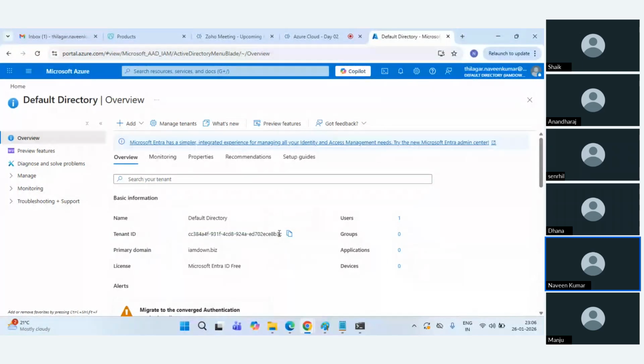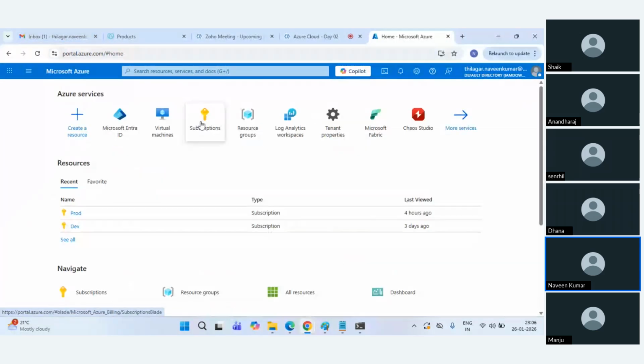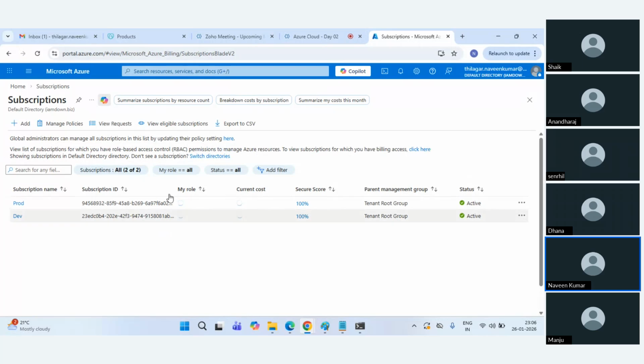Whenever you sign up for your account, if you're taking your personal account and taking up the free trial, you will basically get a tenant ID. That's the top layer, and within that you will have subscriptions. To quickly tell what a subscription is, your billing is going to happen through the subscription. Think of it like renting a house in an apartment. You will have your separate electricity and water bills. Like that, you will by default get a subscription,